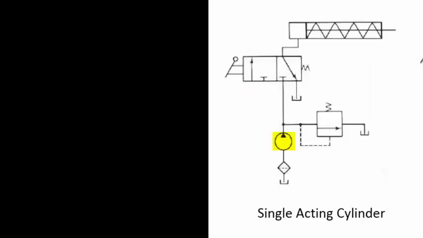So you can see here, this is the pump. From the pump it is coming. This is a pressure relief valve. When you are operating this particular lever, it will change to this position. The cylinder is going to move forward. So whatever the pump output is there, going through the valve, directly going to the cylinder.